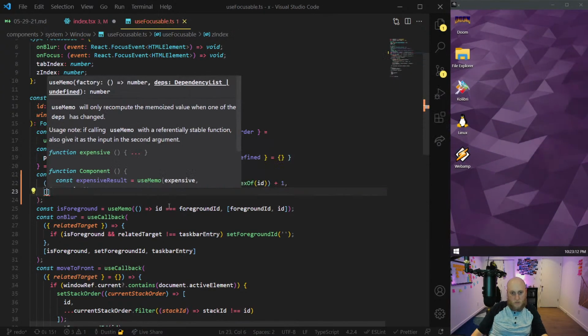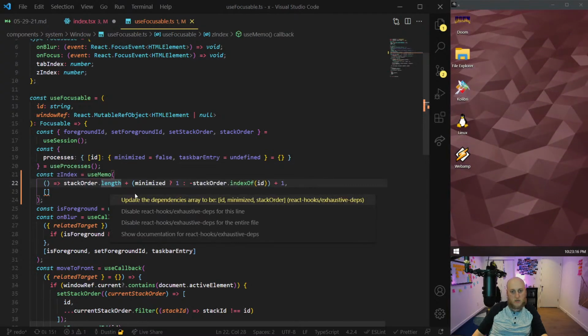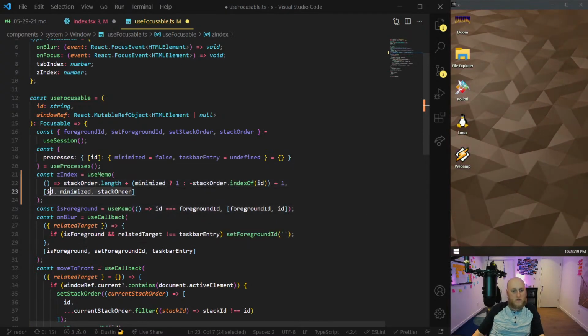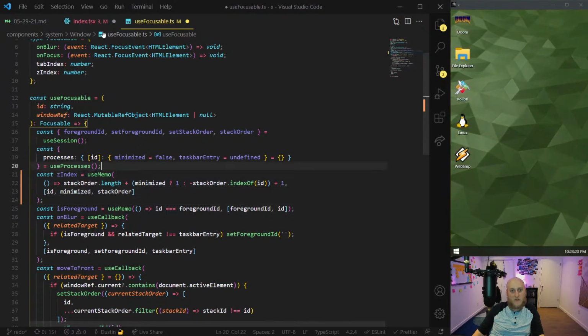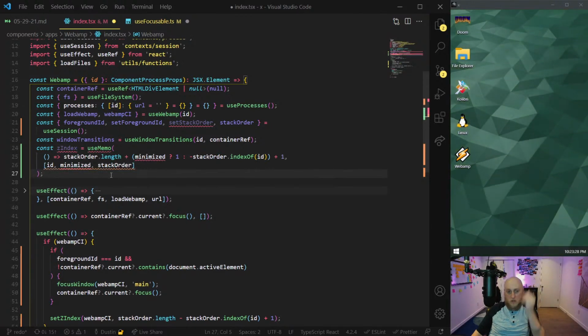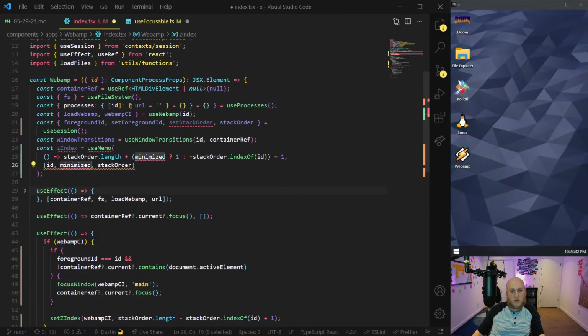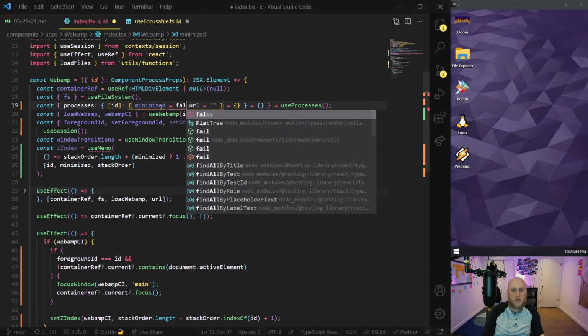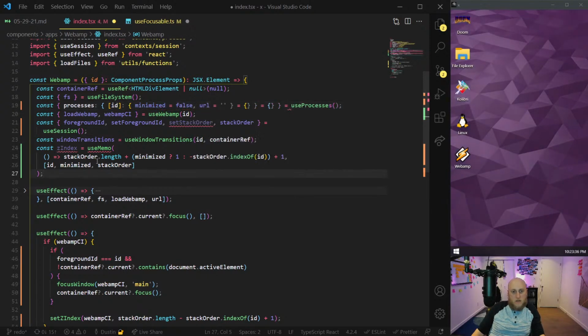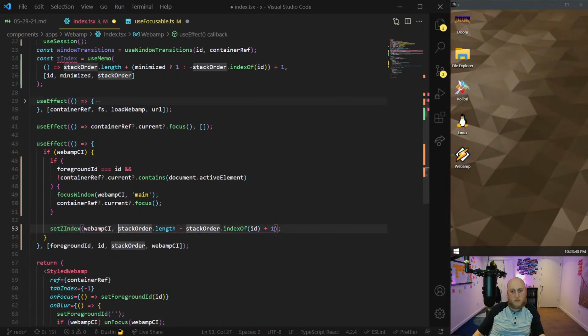So I prefer it to be dependent on certain things. In this case, whatever this ESLint tells me it is. Yeah. So if these things change, the z-index changes. That's fair. And that's what I'm going to use here for now until I decide to generalize this logic, which I may shortly. So in that case, I actually need to know minimized again. I think I just removed this at one point, but now I need it again. And we need to import Memo. That wasn't part of the deal. And then that's just what I'll use here, I guess.